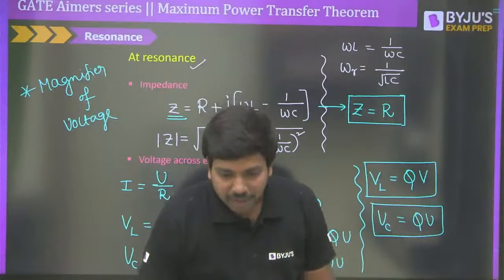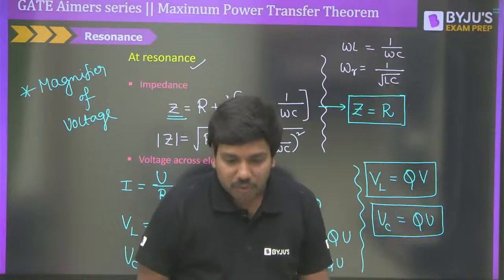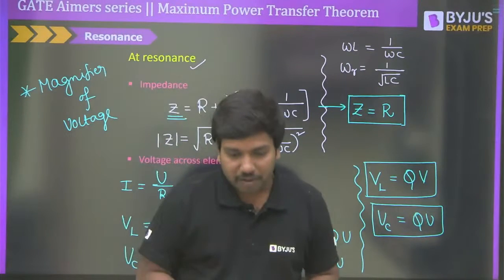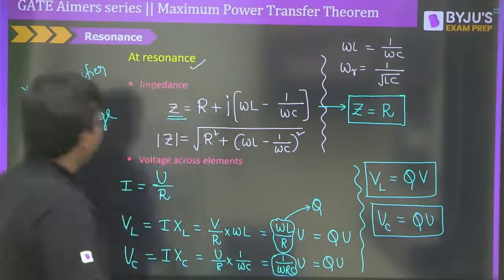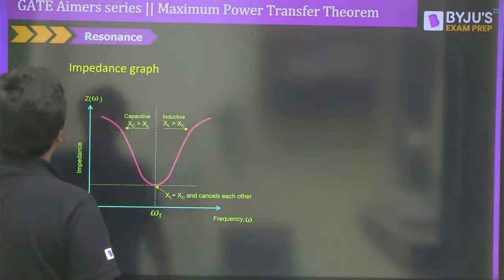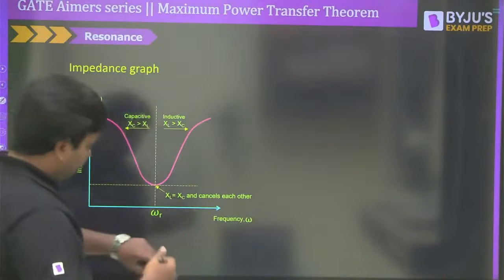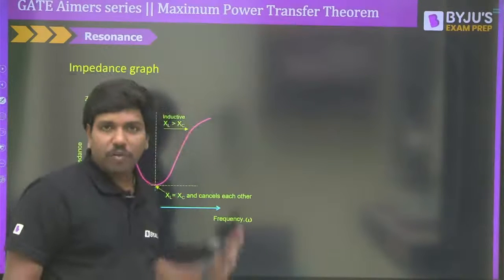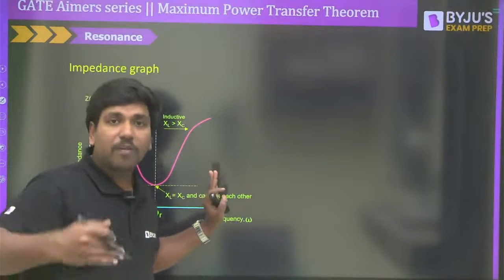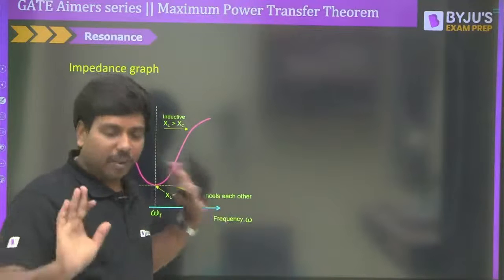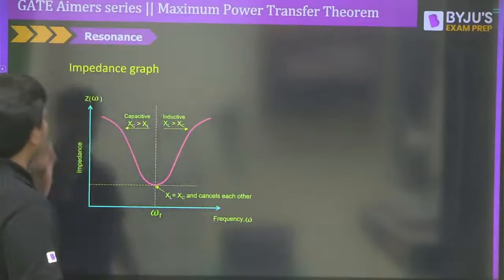Sir, in any random circuit, how to find Q? I will explain, Pramit. Don't worry. I will definitely explain. Just wait for some time. Now moving ahead, impedance we have already seen. I think only 20 minutes of the class is over. After 5 to 10 minutes, we will come to the quality factor calculation. I know what you require, so please concentrate here.